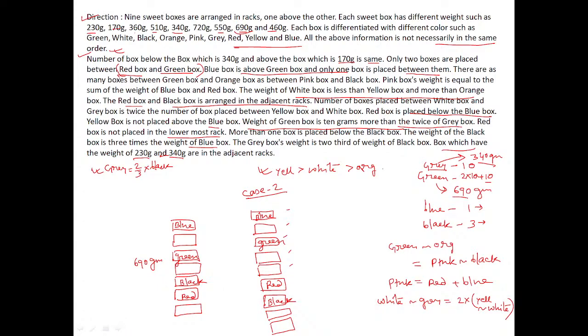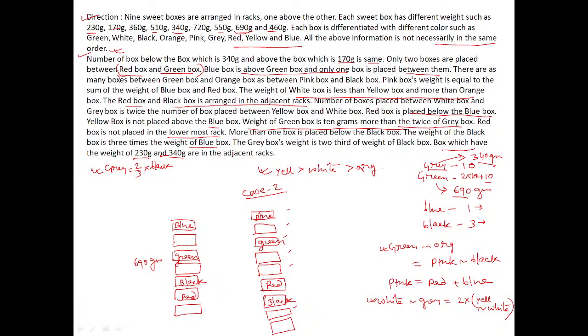Now we have to deal with this statement. White and gray, yellow and white. Before that, green, orange, pink, black. So green, orange and pink, black, or green, orange. Here there is no gap at all. If we can think of green, orange and pink, black, pink is here. Let's see if we can extract some extra information from the given paragraph.